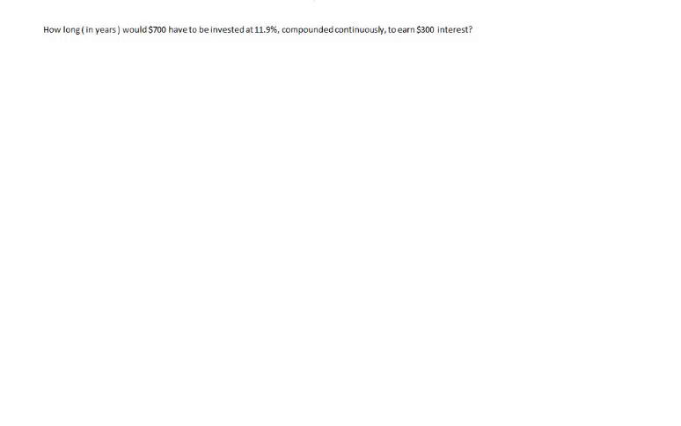In this last example, we have, how long in years would $700 have to be invested at 11.9% compounded continuously to earn $300. Now this formula is a little bit different for compounded continuously. We have A is equal to principal times e raised to the rt. So now our A is equal to our accumulated, and we started with $700 and we earned $300 in interest. So we have $1,000 for our A, is equal to our principal, which was the amount we invested, $700,